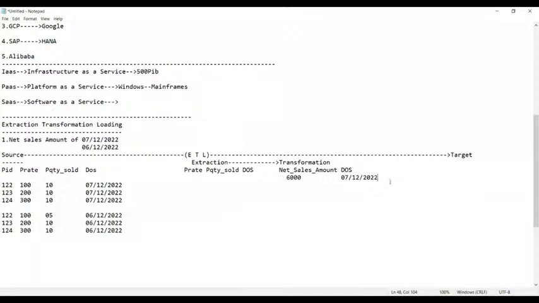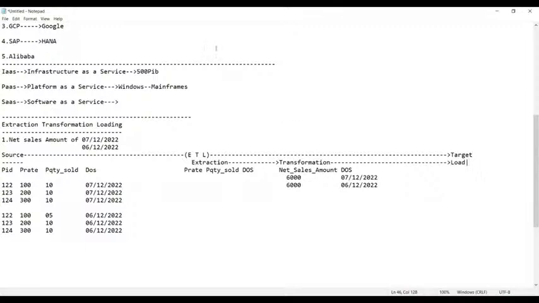And what about the next one? What is the next day you have? The previous day is the 6th day. We have the 6th day also the same. Out of these 6 lines of data, how many lines of data have you extracted here? 2 lines of data, and this is the actual process of transformation. Once the transformation is done, finally what do we do? We load the data into the target system, whatever we have.